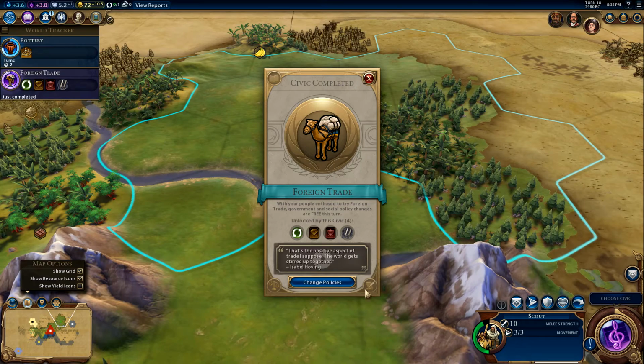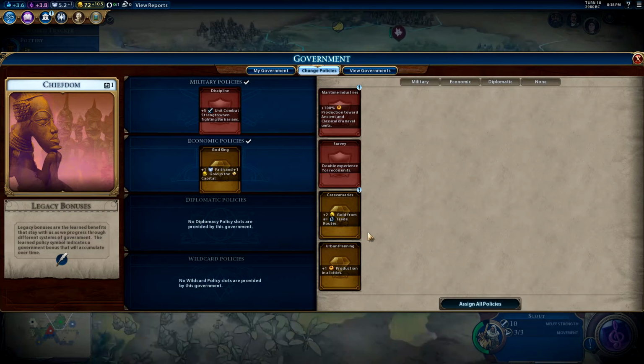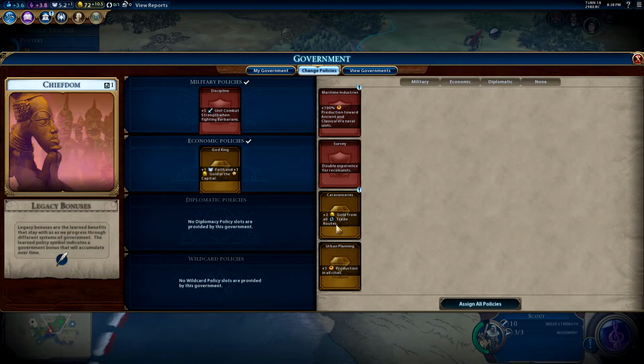And there we go. We just finished our civic research of foreign trade, which means we unlocked some new policies. If we do start going for trade routes right away, then we'll be able to use the caravanseries? I don't even know if that's a real word, but that increases the amount of gold you get from trade routes. But for the time being, I am going to leave God King active, and I'm also going to leave